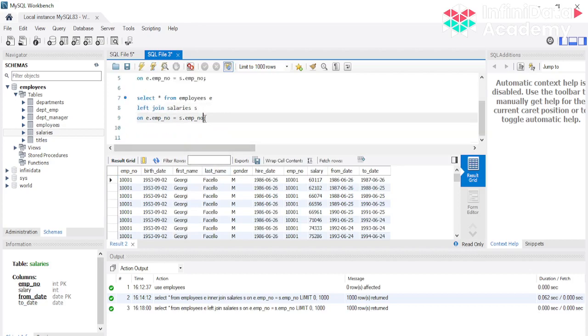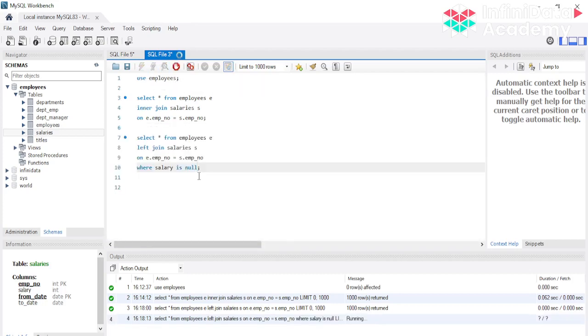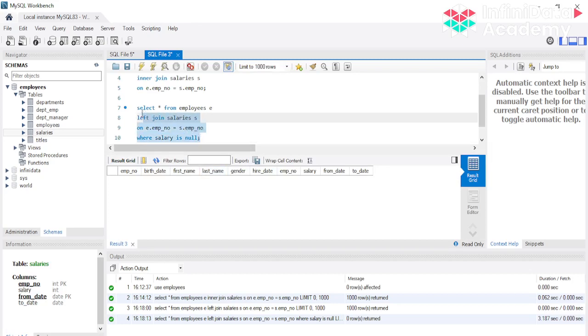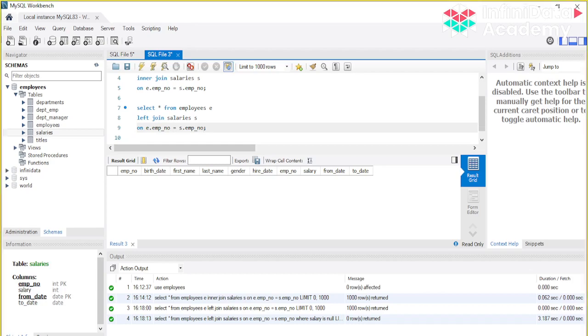But let me see if there is any place where salary is null. As you can see, there is no row, meaning all employees' salary data is available, there is no missing data in this one, so that's why nothing came up. But for your understanding, in the case of a left join, the values of these four columns would be null if an employee's data is present in employees but not present in salaries, right?